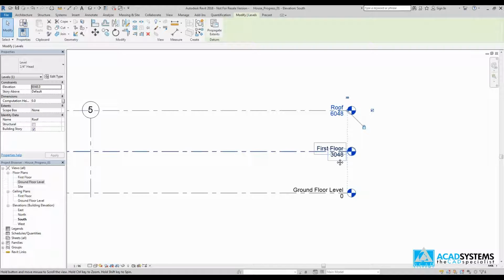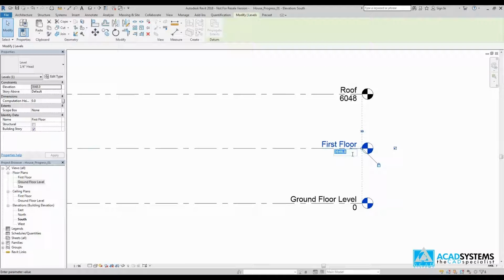You can also change the height of the building by clicking this value and typing a new value. You now have the right